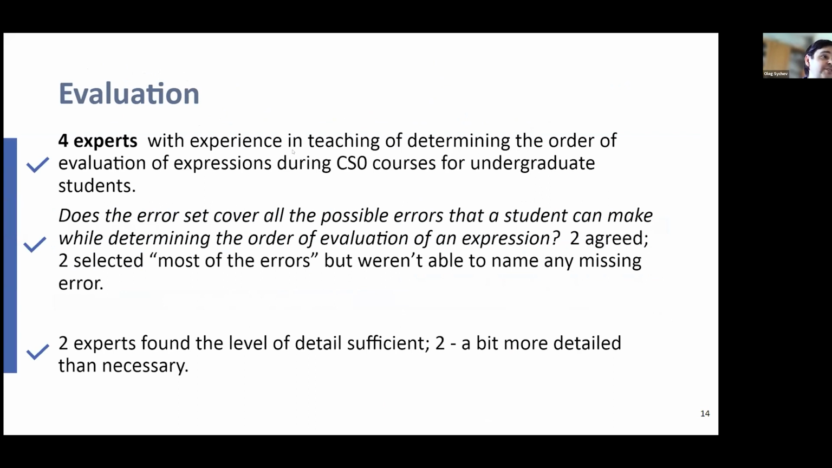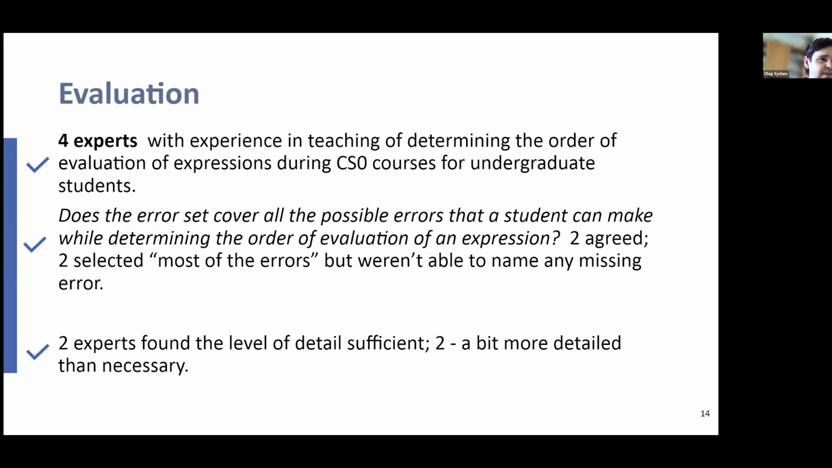How to evaluate the number of reasoning small errors? It's not easy to evaluate for humans because we have a lot of small errors, some of which are likely and some of which are not quite likely, but we want a complete coverage of the subject domain. We asked experts who were teachers in CS0 courses and taught this topic to undergraduate students of our